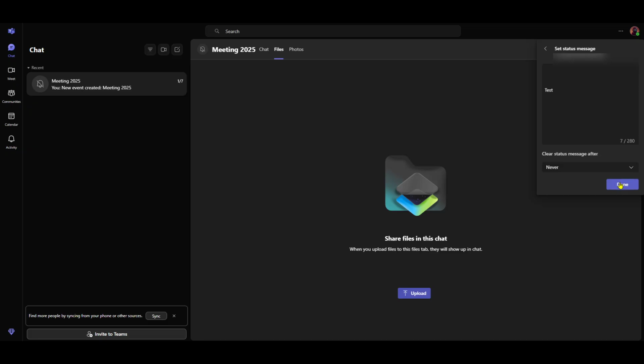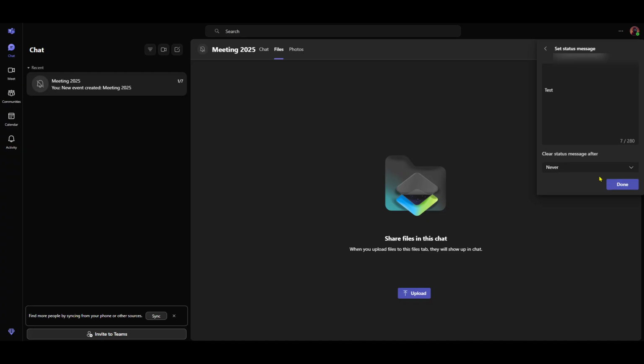And there you have it. You've successfully adjusted Microsoft Teams to keep you marked as available all the time. This is especially useful if you want to give the impression of being active and responsive when you're on other working tasks, or even if you've just stepped away from your computer for a little while.